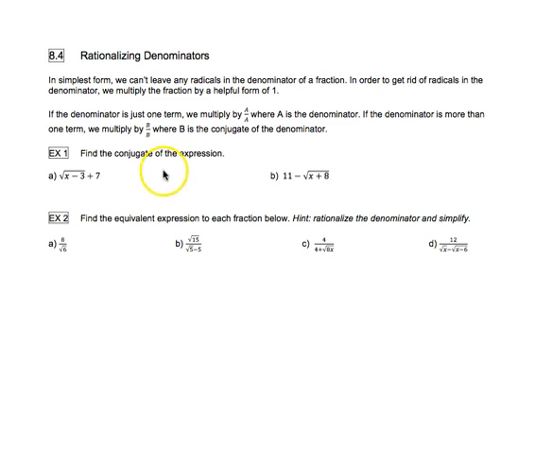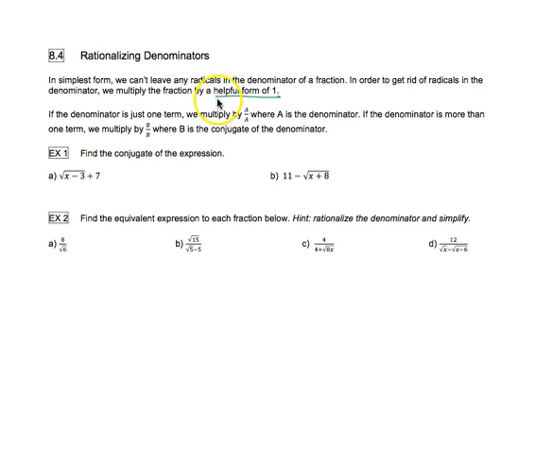All right, so today we're finally going to be talking about rationalizing the denominators. And so in the previous couple radicals, we didn't do that. So rationalizing the denominator has to do with what I've got typed right up here at the top. If we are having something in simplest form, we're not allowed to leave any radicals in the denominator of a fraction. So our strategy for getting rid of those radicals in the denominator is to multiply the fraction by a